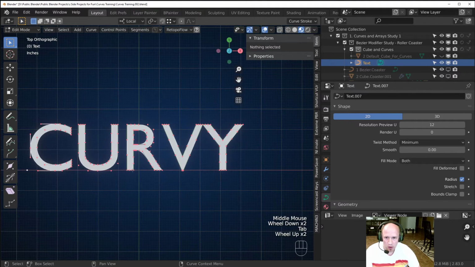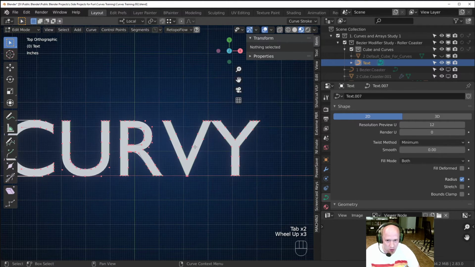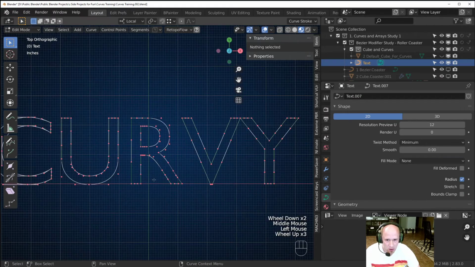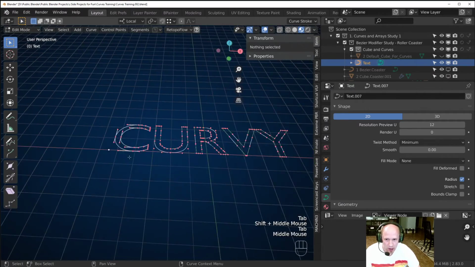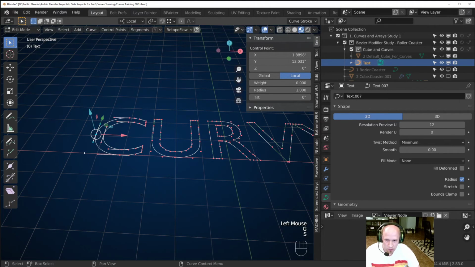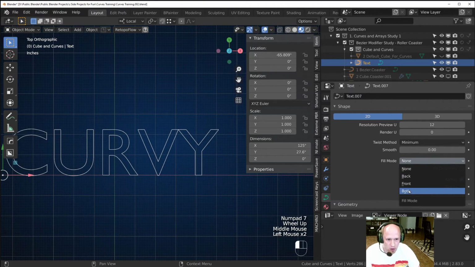When I go into edit mode, I had 2D selected, and there's a couple of things it does by default. It actually fills. We have a closed loop, and it is filling each one of these, and this is all considered one object, so a whole bunch of curves. And in between all the cyclic areas or the closed off areas, we're filling in between. And if I were to set this to none, you'd be able to see that it's just the curve. And it's a standard curve, so you can come in here and you can scale. Now, when you change the fill mode back to both,